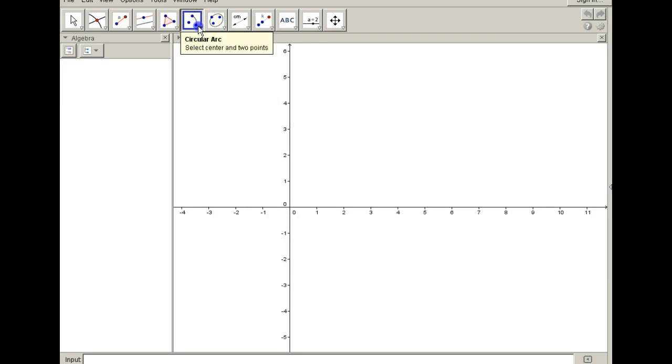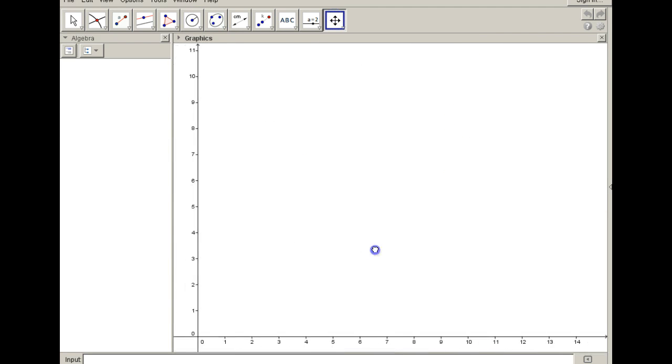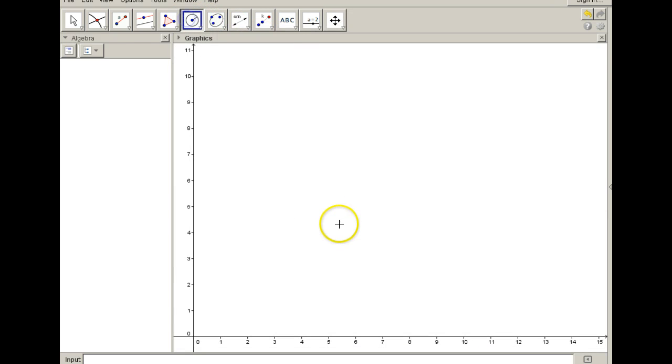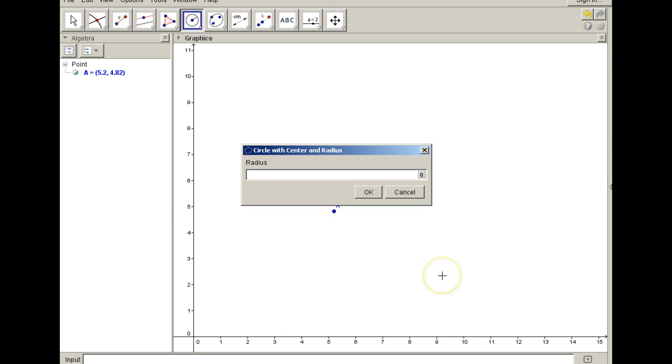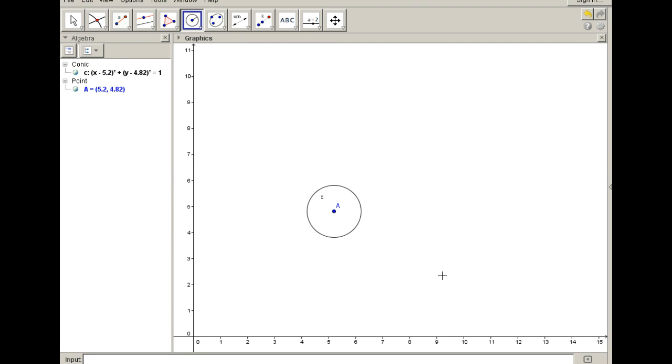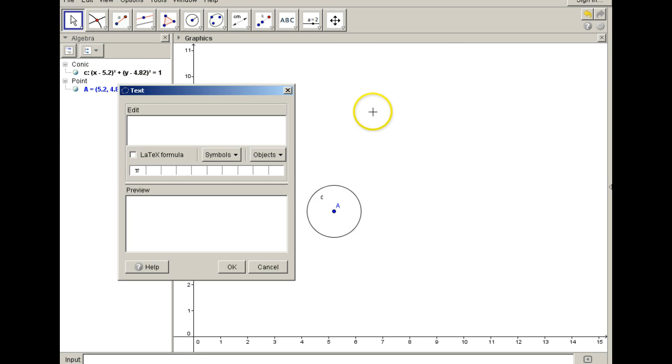Okay, so let's go over, if I make a circle again, and I give it a radius of 1. So how do we find the area of that circle? Well, the area of a circle is equal to pi times r